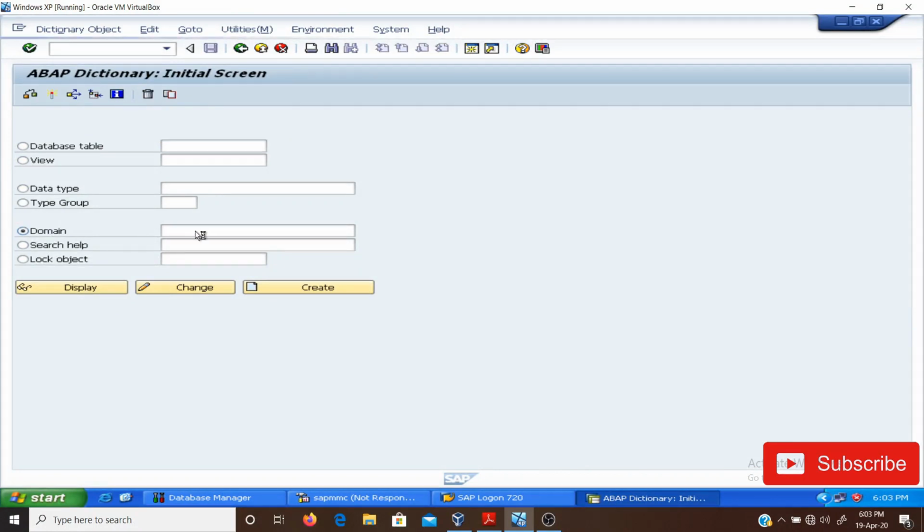Now click on this domain button. I am assigning the name here, Z area. Click on the create button.